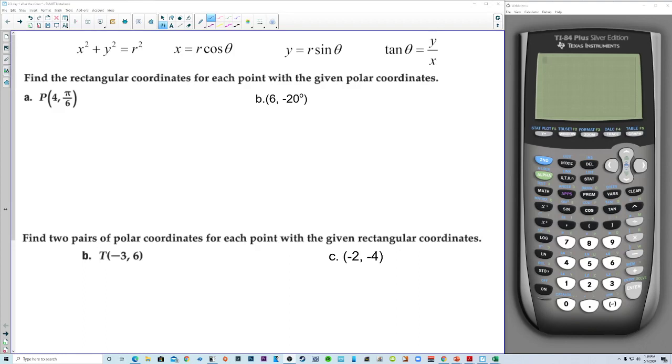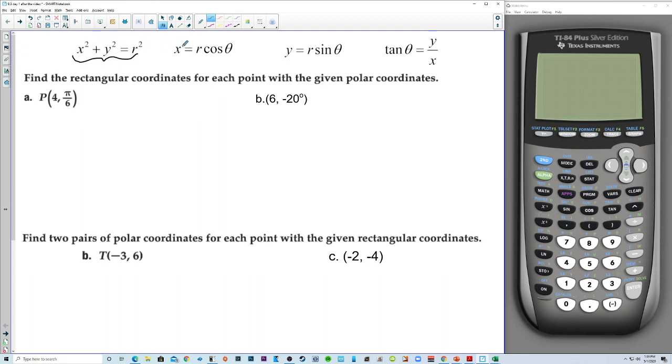All right, this is 9.3 day one. Up at the top here, this is our toolbox for 9.3. We have x squared plus y squared is equal to r squared. Now, that's the equation of a circle, but we're going to use this relationship to go from